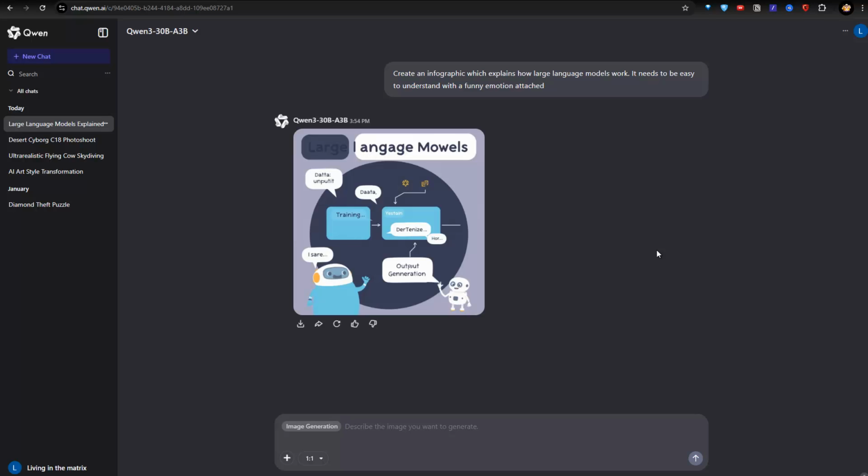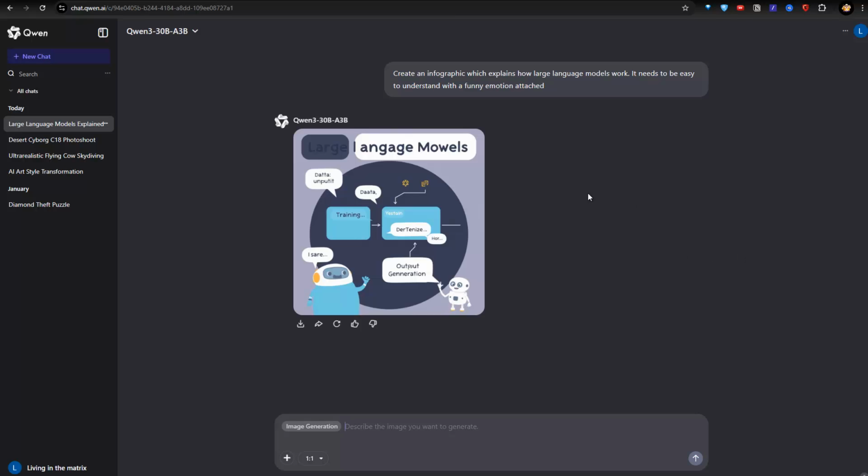So that's it, large language models, okay, data input and so on. You can see that this is not really good, right? So this, for instance, you can clearly see is not as good as ChatGPT, because this model here currently is not very good in handling text data on images.